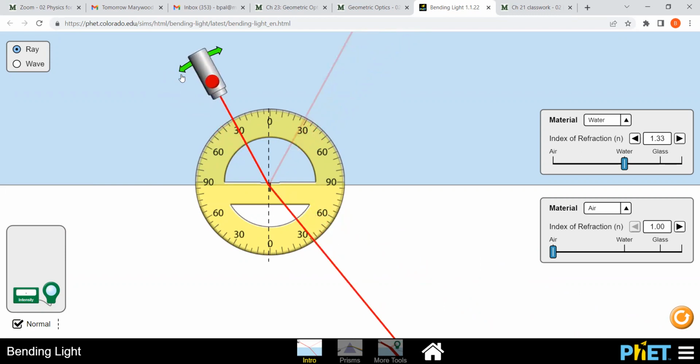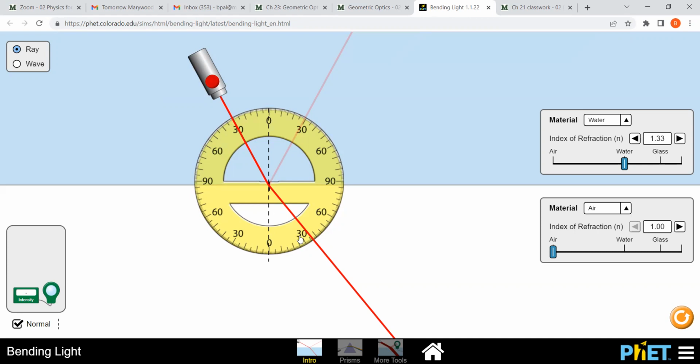Now it is 30. This is the angle of incidence, and the angle of reflection should be 30. You see that this is 30, this is also 30, but the refracted angle is not 30, and it should not be, because